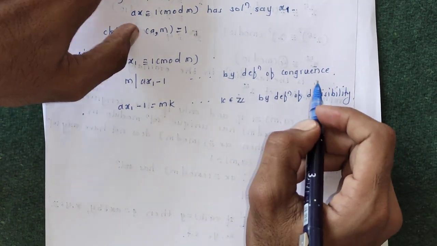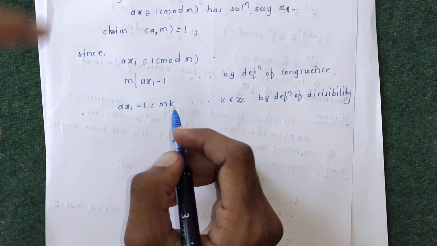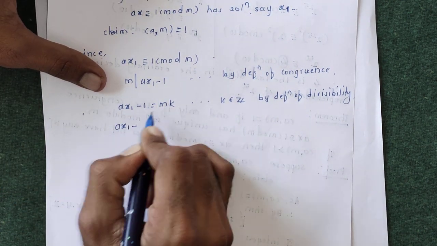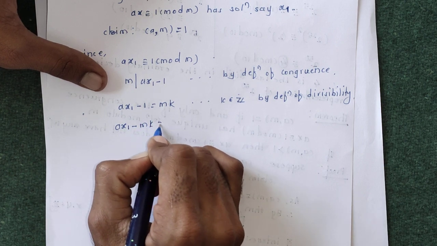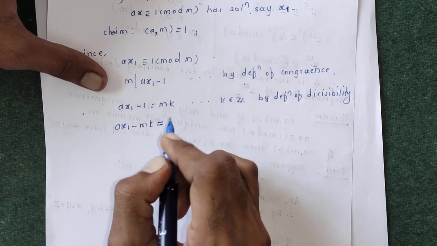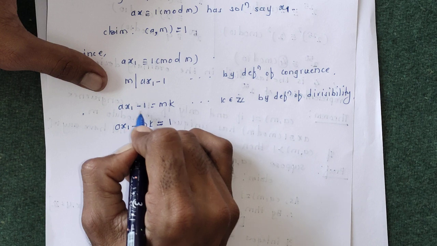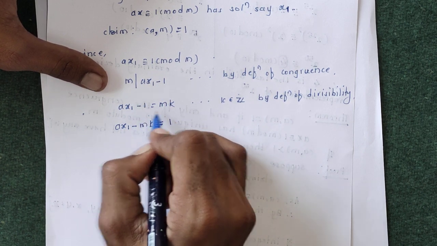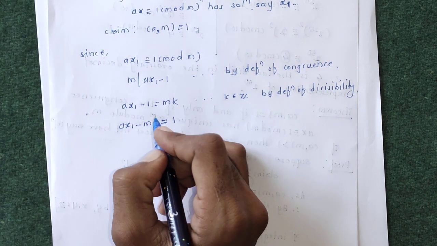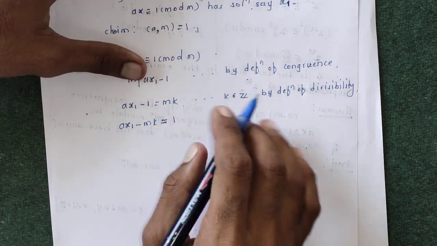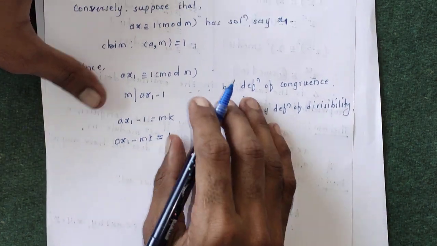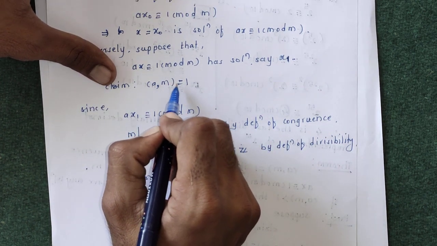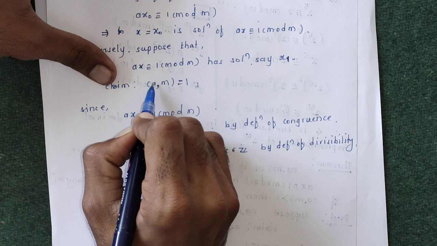So this k is an integer, and by using the definition of divisibility we can rearrange this as ax1 minus mk equals plus 1. Rearranging this, that is putting this mk here and 1 here, we get ax1 minus mk is equal to 1. And to prove the GCD of a and m is equal to 1, we are going to express